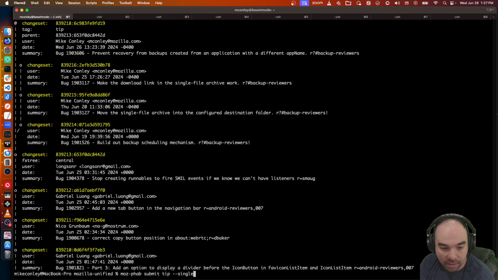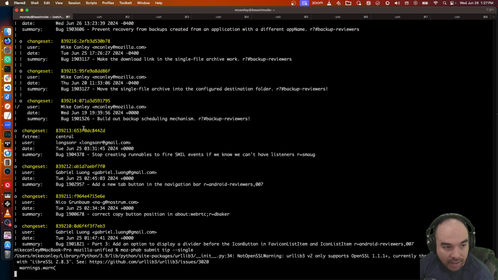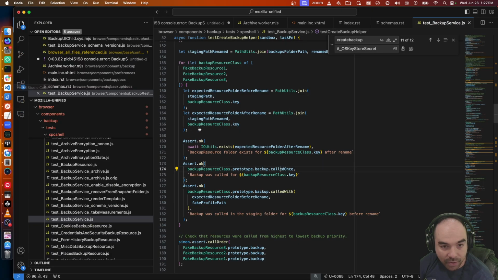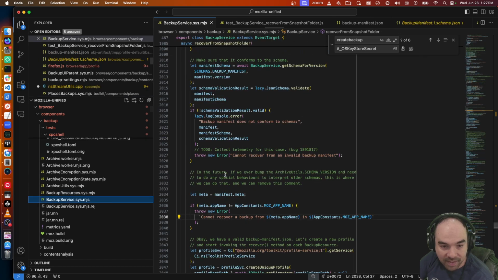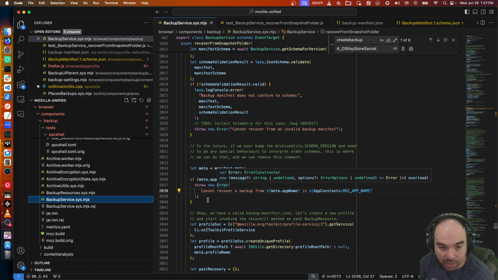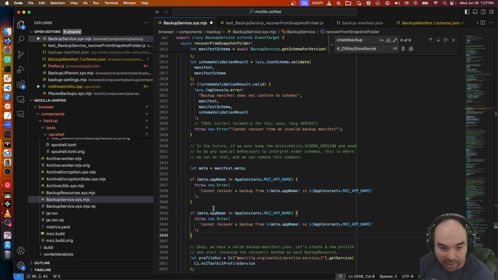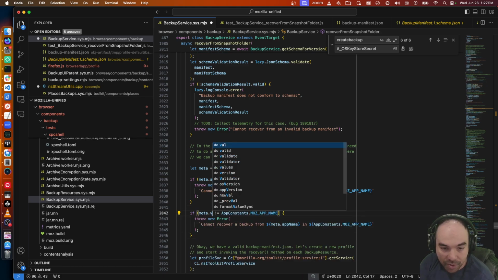Submit tip single, and let's do a fast follow. Let's do the app version one. I think that should be as similar in scope, size, and complexity. So our new condition is that like the app, if the meta version